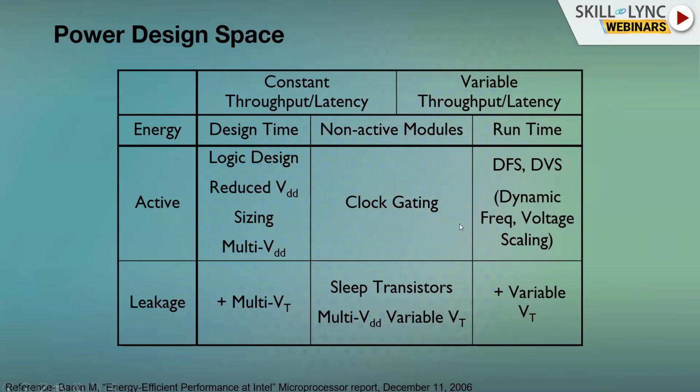Then another thing is variable throughput latency. That means that I want to do some activity now, and after 5 minutes, I don't want to do anything. Before the 5 minutes, I'm doing a very high computing task, or I'm playing a game, right? That time I need a higher voltage. So how does that happen?